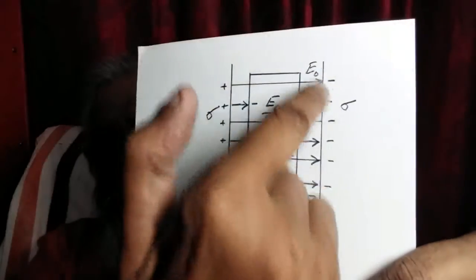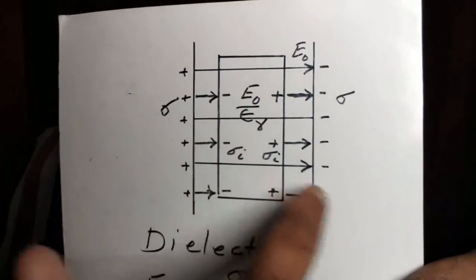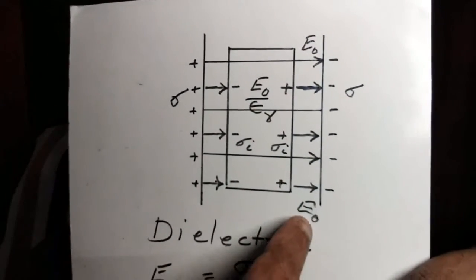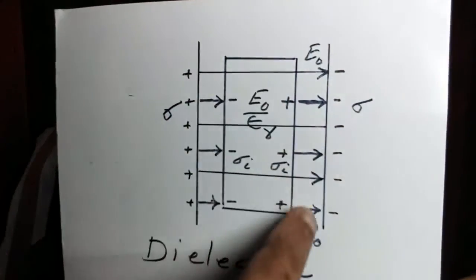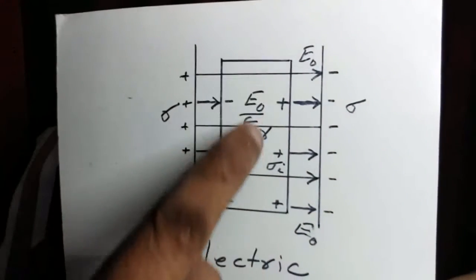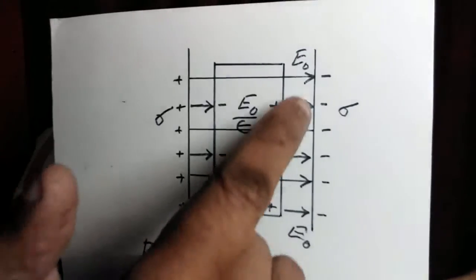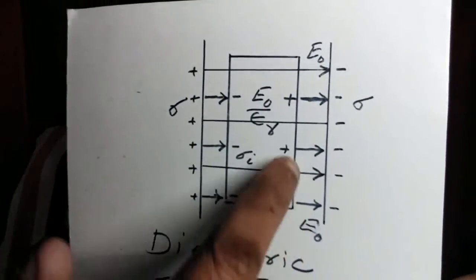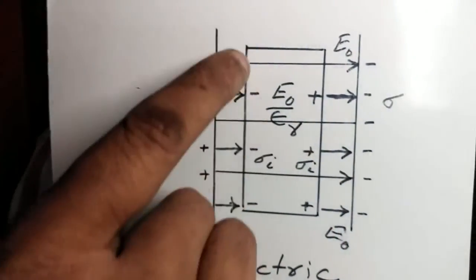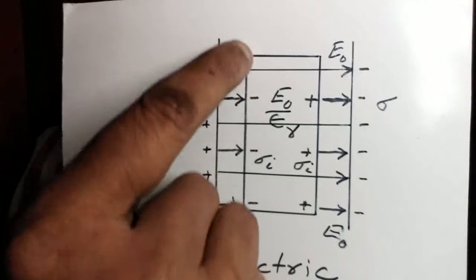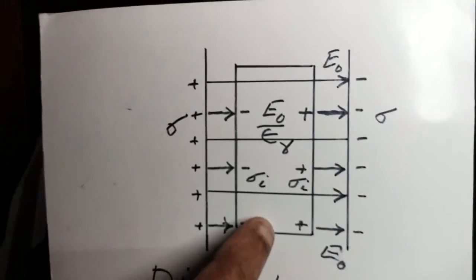These are two parallel metal plates connected to a battery, so there is a uniform electric field in between the plates whose intensity is E0. When a non-polar dielectric material is placed inside the field, there is a net positive charge on this face and a net negative charge on this face